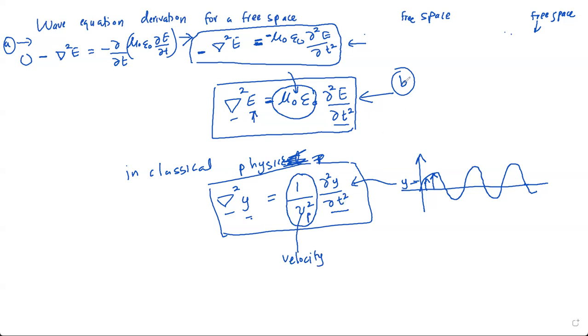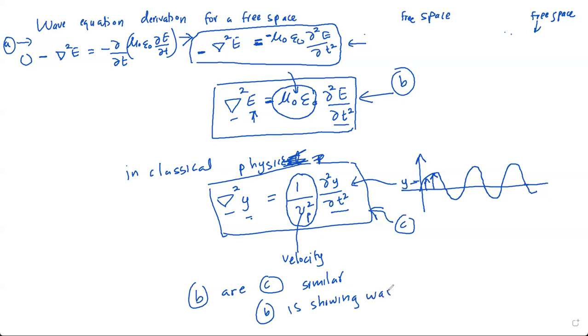Because of that, we can say that equation B and equation C are similar, and therefore we can state that equation B is showing wave-like behavior, and therefore we can conclude that the E field is